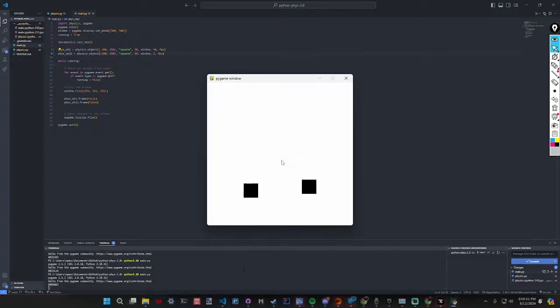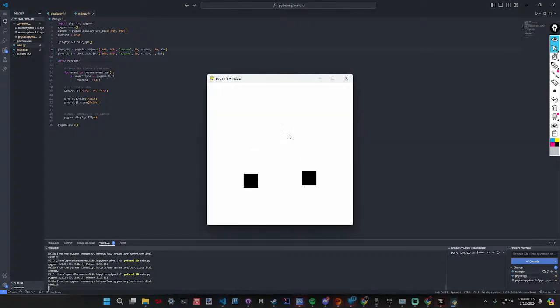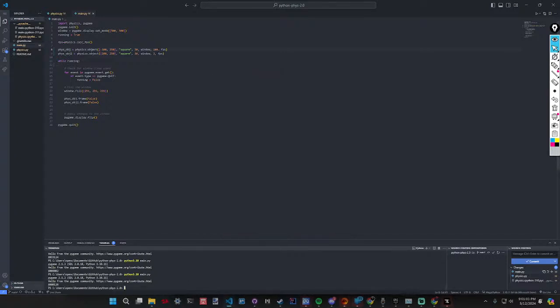Now what if we compare 100 to 1? So you would expect this to fall at 100 times the speed, but it doesn't. It just falls a bit faster. But maybe that's 100 times the speed. Maybe that's like 100 more pixels. I don't know. It probably is. Oh yeah, when you increase the mass or the density, which is this, to 100, it'll actually fall at 100.